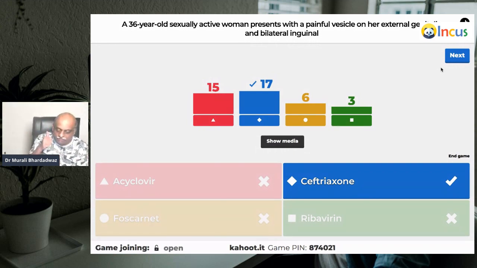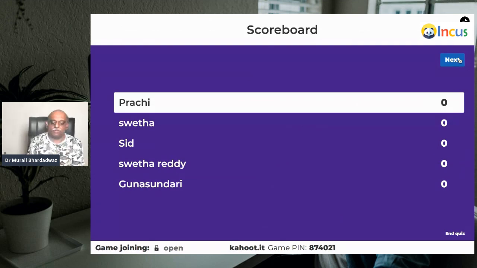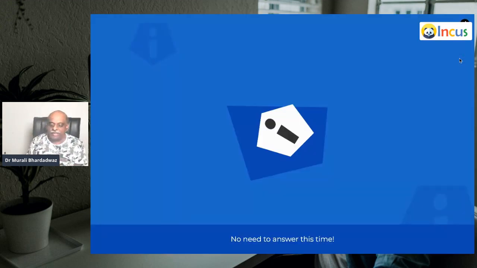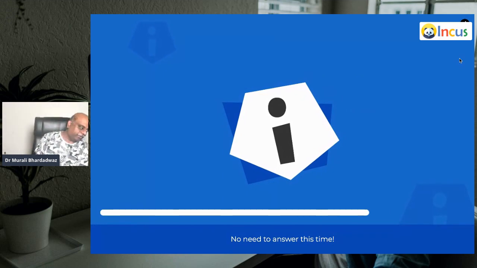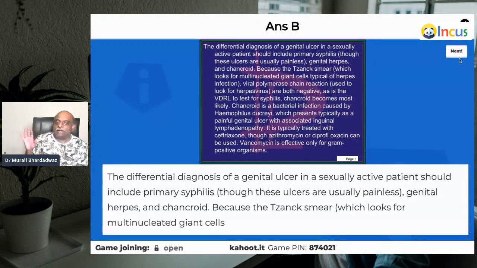Very good. 17 of you are right. You prefer to give ceftriaxone is what you need to remember. Very good. Prachi is on the top, followed by Shweta, Sid, Shweta Reddy, and Guna Sundari. Very good. So looking at all that clinical picture which has been given to you, in a sexually active patient,